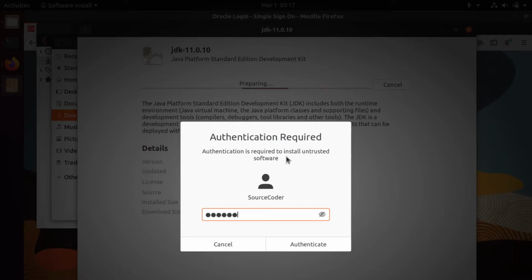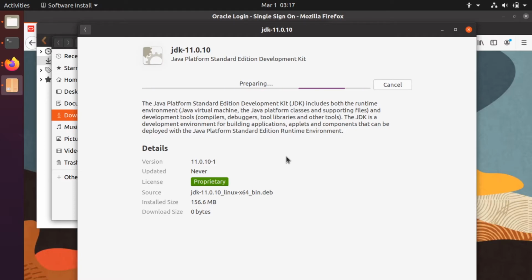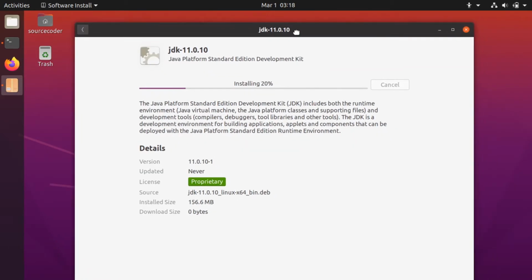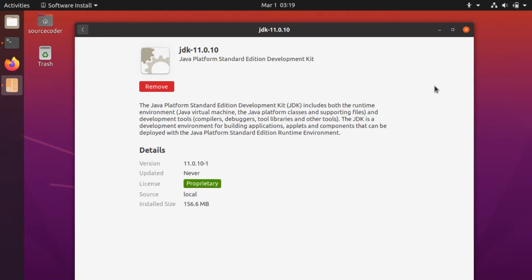Just provide your root password. So our Java has been installed. Just close it.